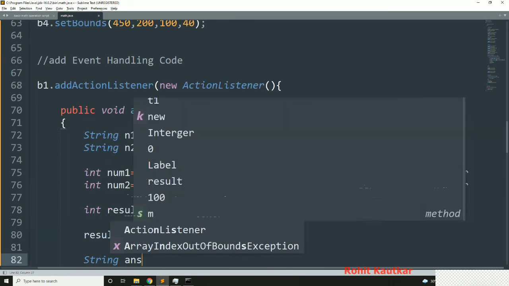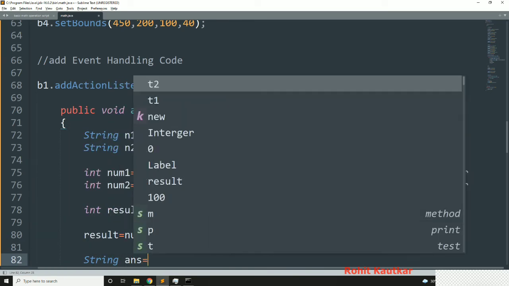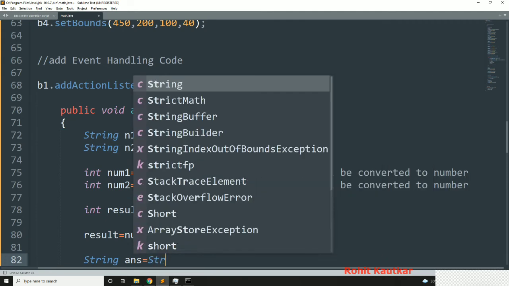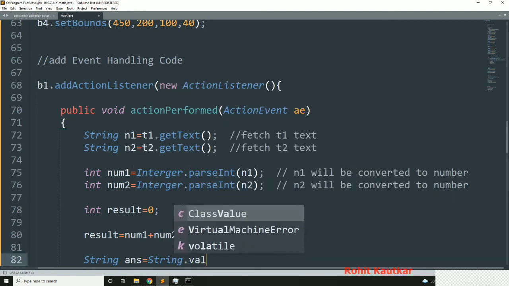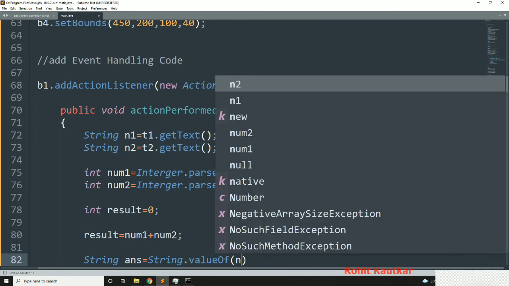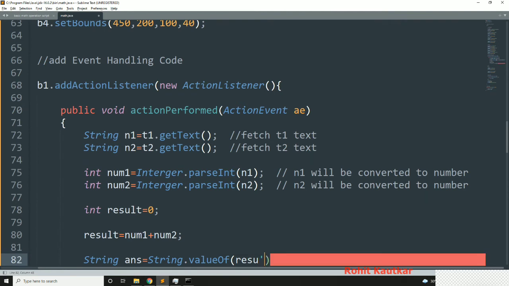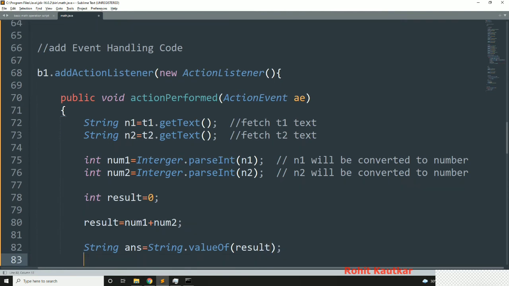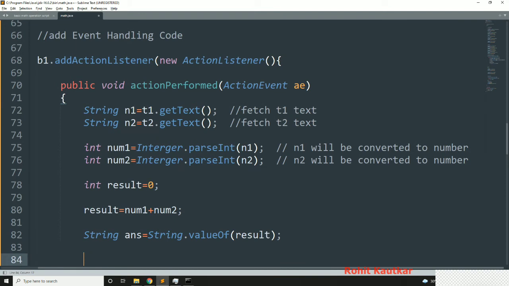So I will declare one variable here, string answer is equal to String.valueOf, and which value we want to convert, result value. And at last we will set this answer to our result field.